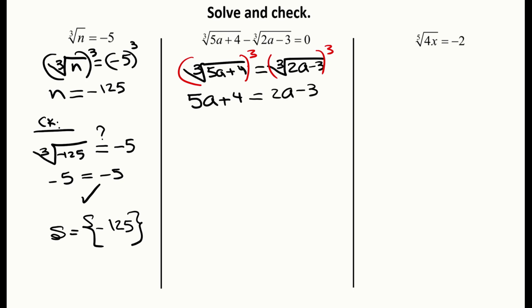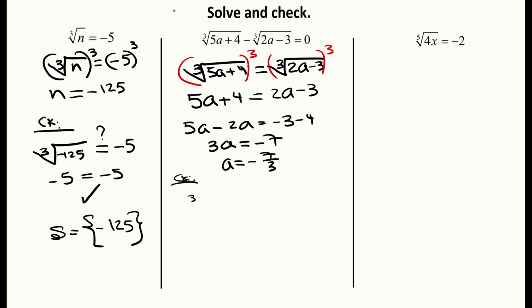Sometimes you may end up with something more complex, which you'll solve just like the last couple of problems we did, no problem. All right, so 5a minus 2a equals negative 3 minus 4. So we get 3a equals negative 7. Therefore, a equals negative 7/3. So now when we plug into the original equation, we get to check,